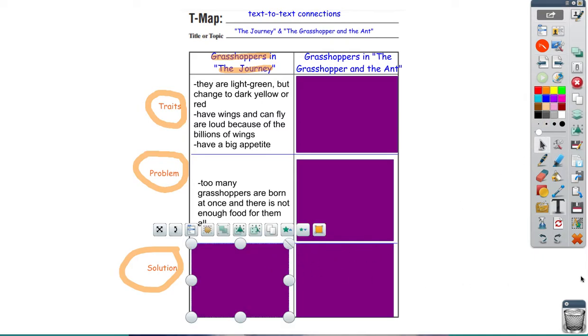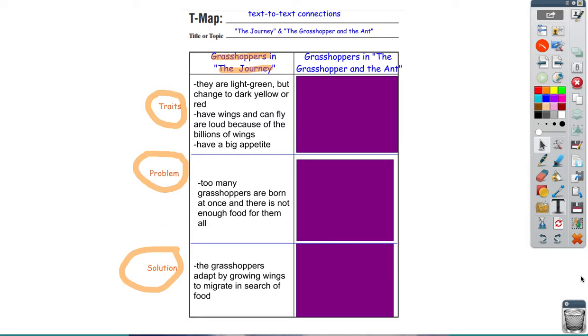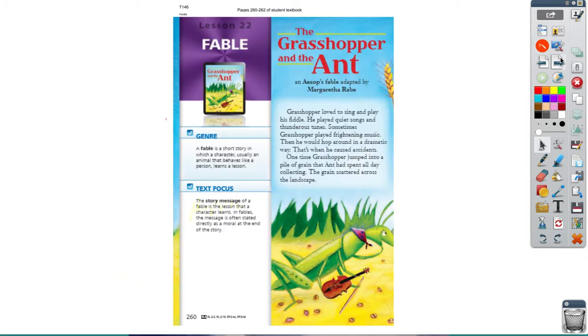All right, so that's right. If you wrote that the solution to their problem is that they migrated to search for food after adapting and growing wings, then you're correct. Now that we got half of our pre-writing chart done, let's go ahead and read the next text. And it should be the next page in your remote learning packet. The Grasshopper and